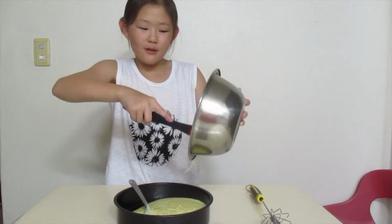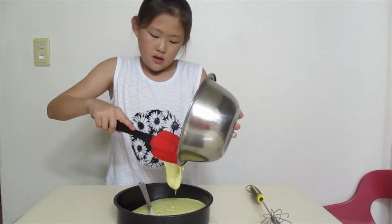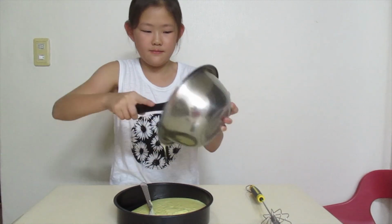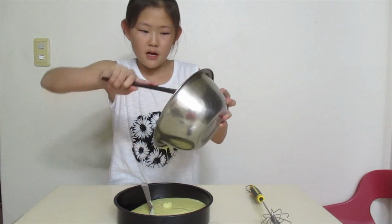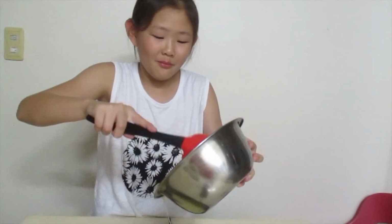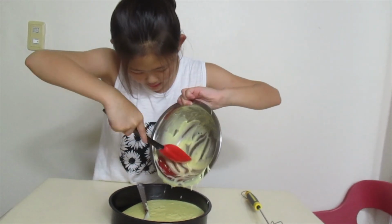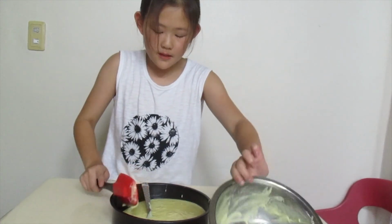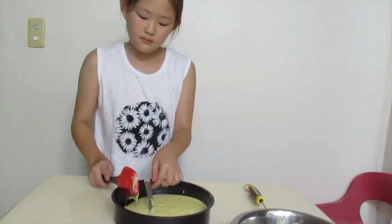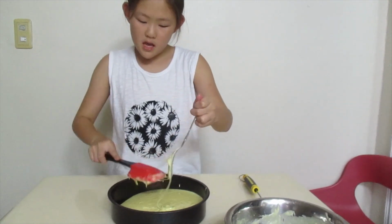And then we're gonna go in with your spatula. If you don't have a spatula, I don't know what you have. We're just gonna scrape that all down. And I guess you want as much batter as you can. So yeah, that's pretty good. Scrape it up a little bit. That's good. And it's okay if you make a mess. That's the whole point of it. Well, it's not the whole point, but